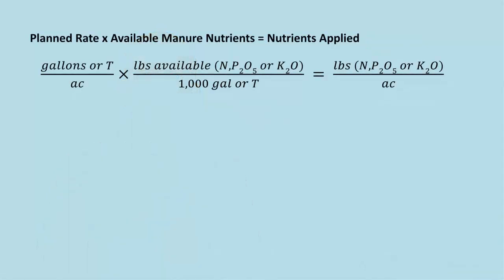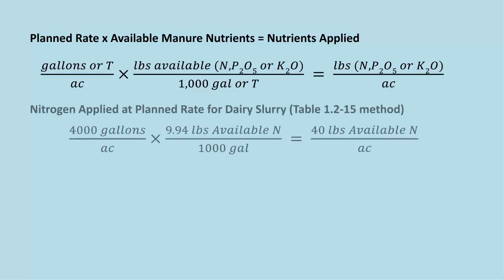This is fairly straightforward. Just multiply the planned application rate by the available nutrients in the manure. For our example here, we have 4,000 gallons per acre of manure applied times 9.94 pounds of available N per 1,000 gallons. The units cancel out, and don't forget to divide by 1,000 to get 40 pounds N per acre